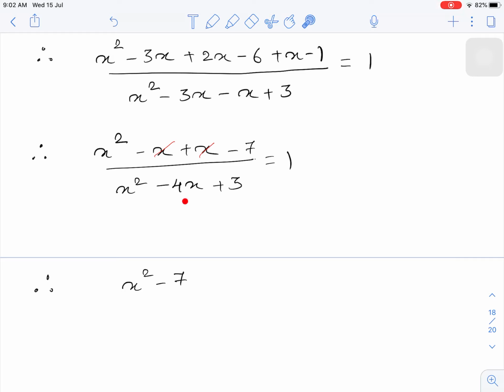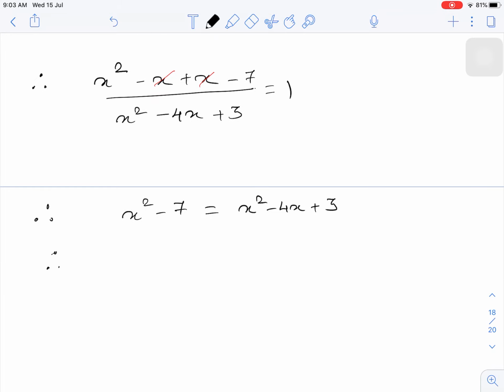Now we are going to change the side of this one, x square minus 4x plus 3 into 1, so you will get it as equals to x square minus 4x plus 3. Now we'll bring all these terms on the left hand side first and then we will see what happens. So you will get this x square, now this plus x square will become here minus x square, then this minus 4x will become here plus 4x, then minus 7 is present over here, and this plus 3 will become here minus 3,